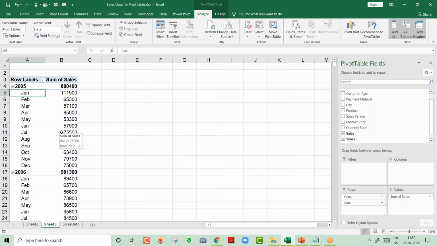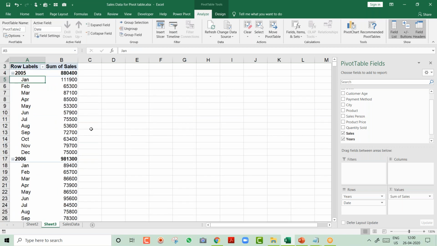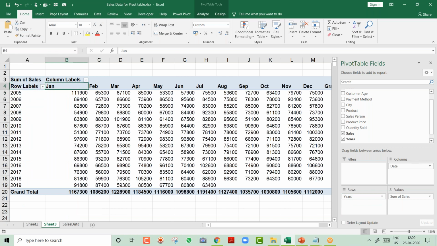Wow, that's interesting. Now you see this report has gone very big, friends. 2005 you have 12 months, 2006 you have 12 months. Now this report will go very big. If you try to take a printout, it will really not come in one print, right? So here is the interesting method. Now here the year and month which is in the row, you will come over here and put it under the column, and here looks the interesting report.